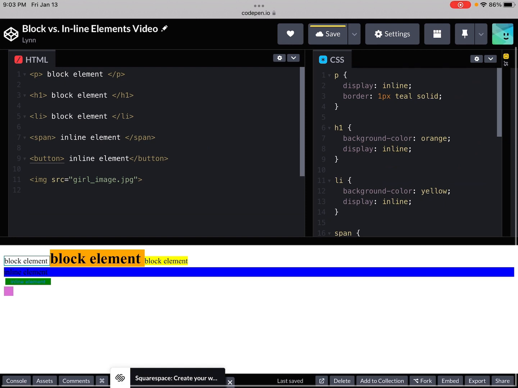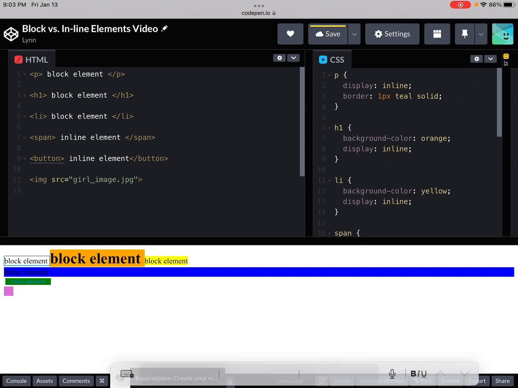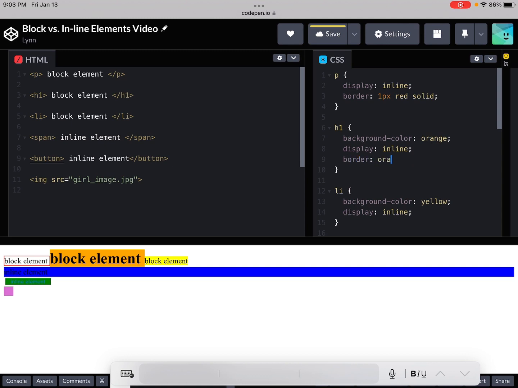I'm going to set them, oh, you know what, I should probably set them the same color. That way we're sticking with our plan. All right, so I'm going to set the border here. And I'm going to keep it orange. I'm going to keep it 1 pixel. And I'm going to keep it solid. And I'm going to take off